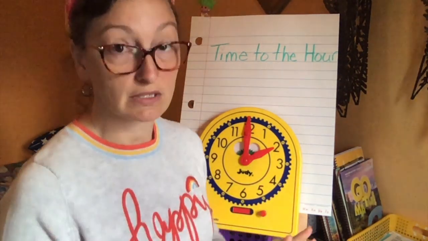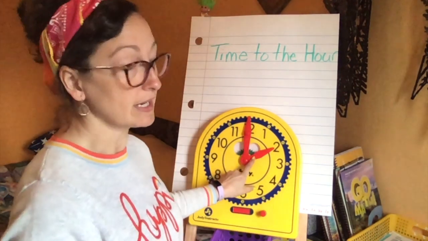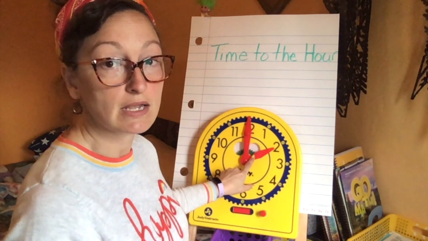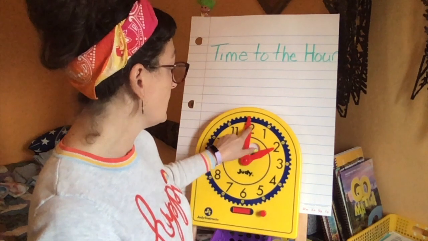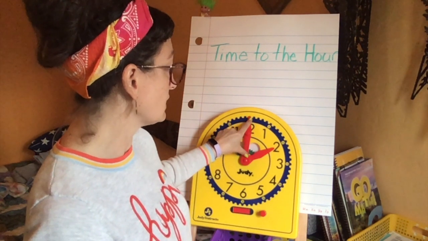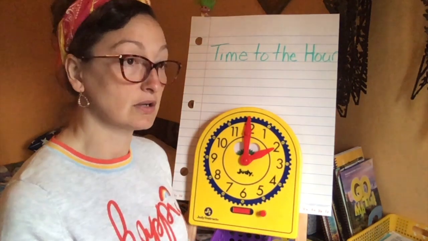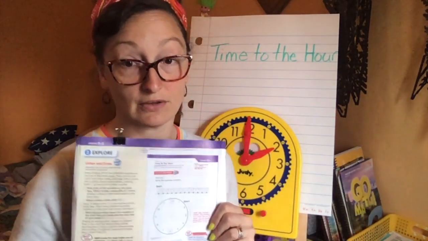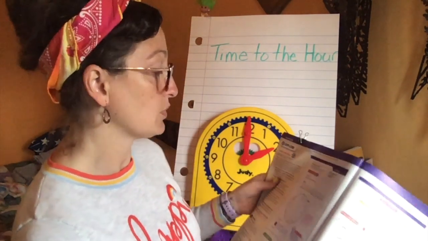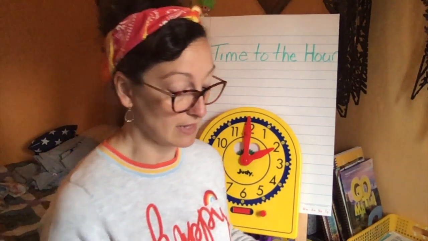Today we're strictly gonna focus on time to the hour. And this little short fat guy is the hour hand. And that's the most important one for today, is the hour hand. So we're gonna talk about where it points, and when the long hand is pointing at the 12, it's the o'clock on the hour, okay? In your workbooks though, it doesn't even have this minute hand on it yet, okay? The next 9.6 and 9.7 don't even have a minute hand on their clock. We're strictly on the hour hand, okay?